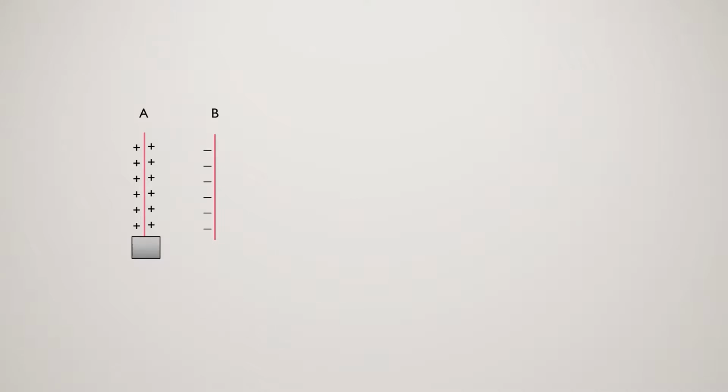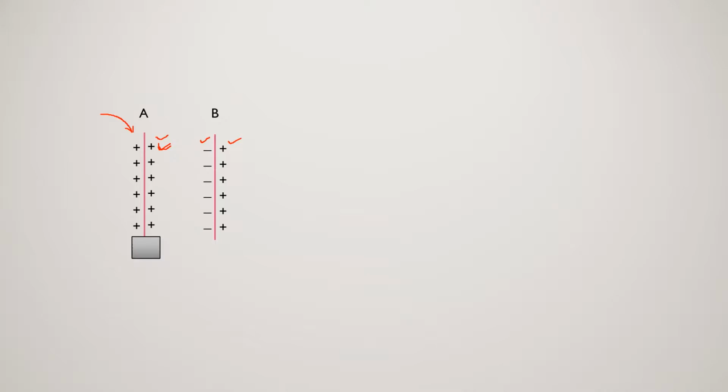Negative charge will be induced on the left side and positive on the right side. This negative charge decreases the effect of positive charge, and this positive charge increases the effect of positive charge. So when B is placed near A, due to this negative charge, the effect of positive becomes less. It means we can give more charge to conductor A, its capacitance will slightly get increased.